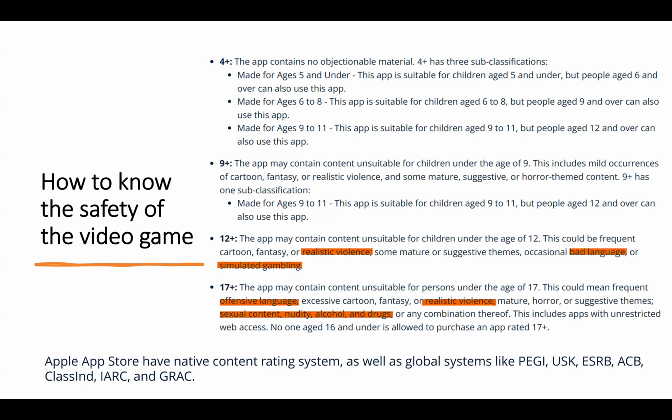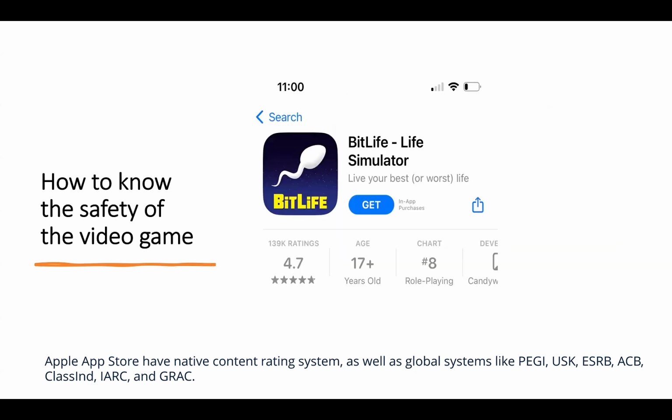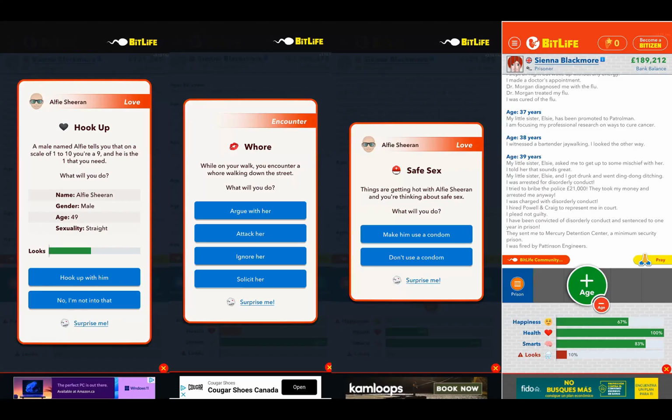With the 17 plus, you will be able to see full sexual content, nudity, and there were games related to that, and violent games. It is available to all age groups when they change the date of birth. The other issue is PUBG got banned because of the violence in it, and TikTok got banned because of political rebellion. So these are two very different reasons. We'll come to what is happening with TikTok and so on.